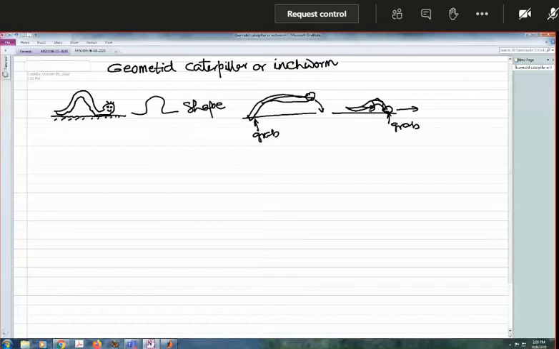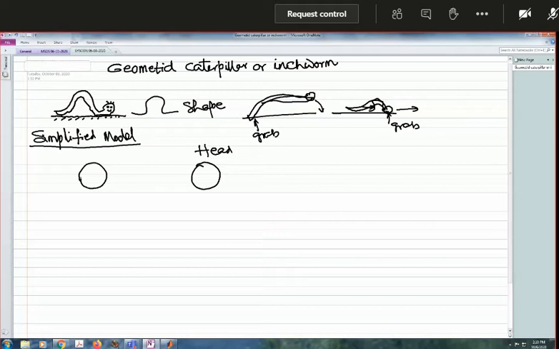Now this one, in order to model it, we will simplify this one. We will say it has a head. Let's say head. This is simplified model. It has a head, it has a tail. So its whole body mass I have divided to head and tail. And then it has a bending stiffness. It stores its energy, okay, when it is in that omega shape.